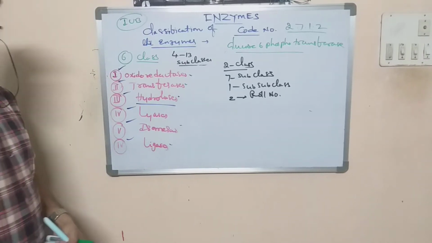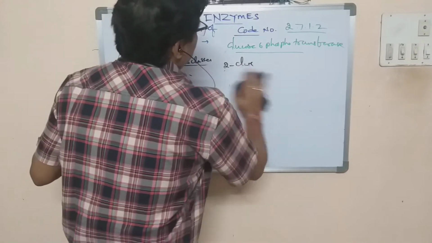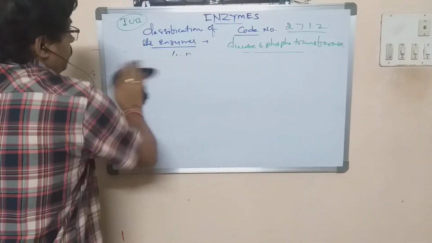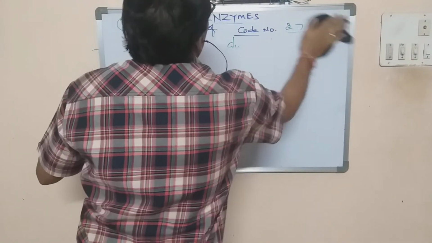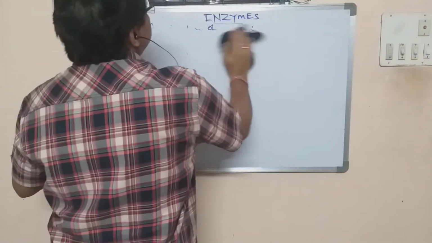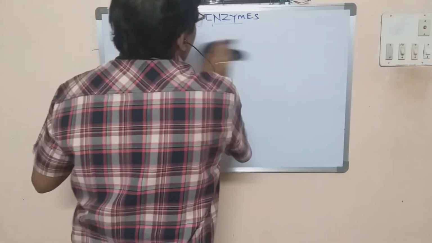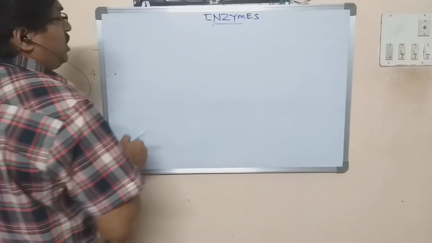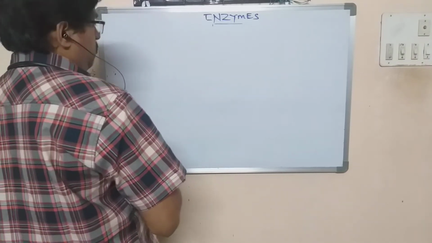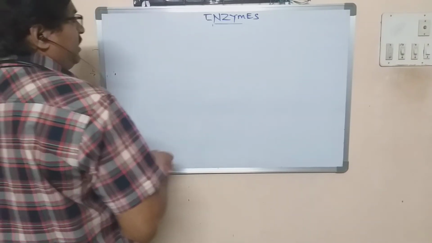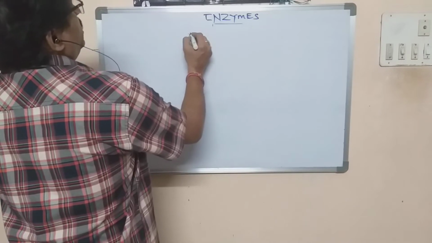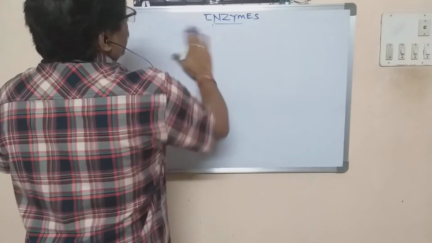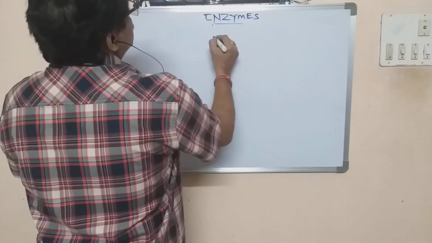Next, we go to another topic. Along with the enzyme, you will find that there are cofactors. What is a cofactor? Let us take the cofactors. We know very well that there are simple enzymes as well as conjugated enzymes. In a simple enzyme, only the protein part is there. First, take the enzyme here.